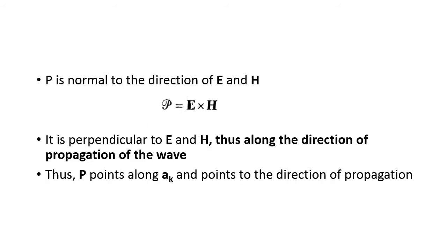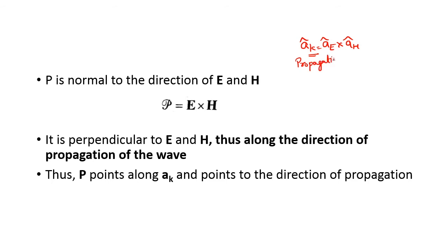P is E cross H. You know that when you take the cross product of any two vectors, it will be perpendicular to both the vectors. Just like x cross y will be z, a_E cross a_H is equal to a_P, which means the Poynting vector will be perpendicular to E and H. You know one more vector that is perpendicular to E and H. Do you remember what that vector is? We have learned in the last class: a_K is equal to a_E cross a_H. So these three are mutually perpendicular. This is called the propagation vector.